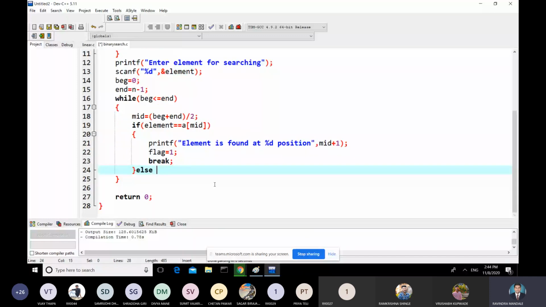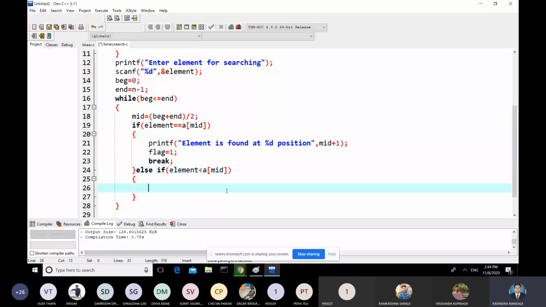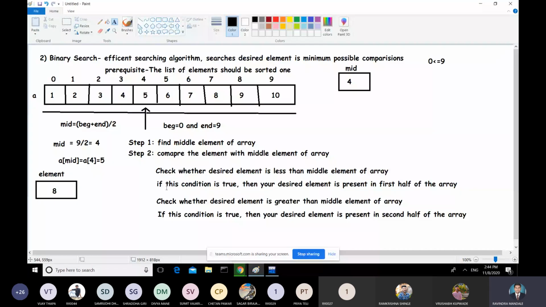Now what is the second condition? If this condition is not true, then what you need to check? Whether element is less than A of mid or not. Now whenever this condition is true, what is the conclusion? If desired element is less than middle element of the array, then no need to scan the second half of the array.